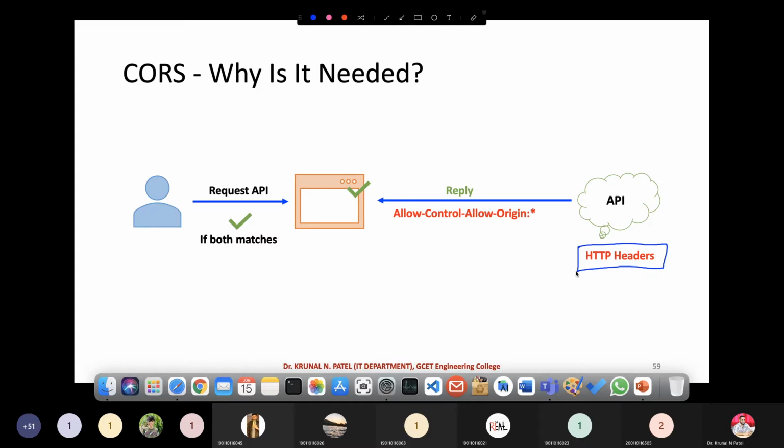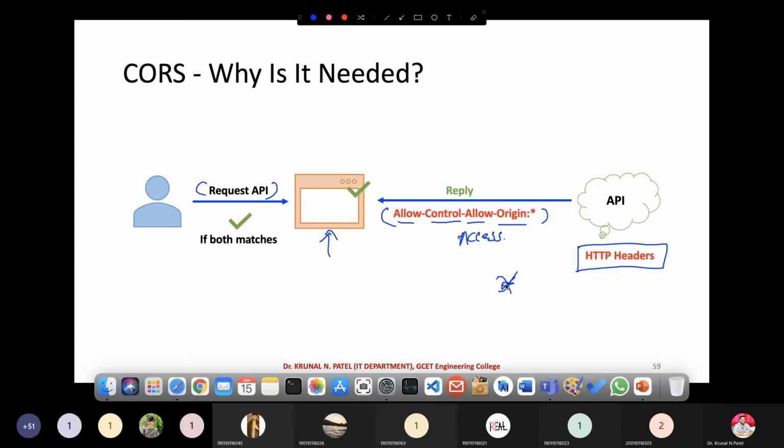Whenever a client requests the API at the browser side, in the response there is a parameter set called Access-Control-Allow-Origin, colon, star.